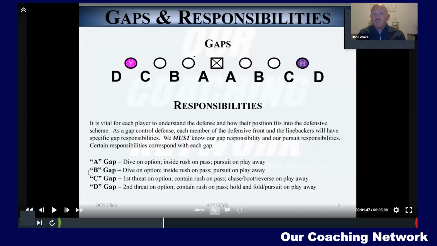So looking at the basic gap responsibilities, A and B gap, they have dive in option. No matter what, A and B gap have dive. They're inside rush on pass, and then on play away from them or perimeter plays, they're a pursuit on play away. So A and B gap have dive. Your C gap defender, traditionally without movements, without restructuring it, this is just basic understanding. Your C gap defender is your first threat on option. So your basic option, your speed option, that would be more your quarterback player. The pitch is your second threat. So C gap is first threat in option, their contain rush on pass, and then their chase boot reverse on play away from them. And then your D gap defender or D gap and wider is going to be your